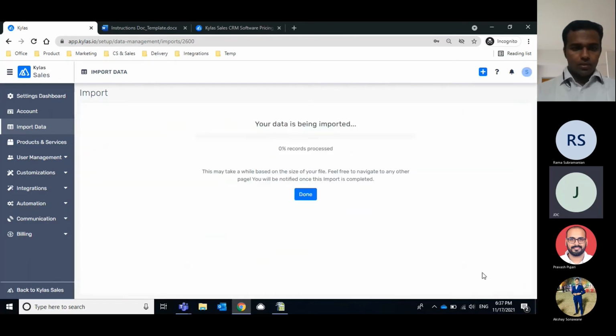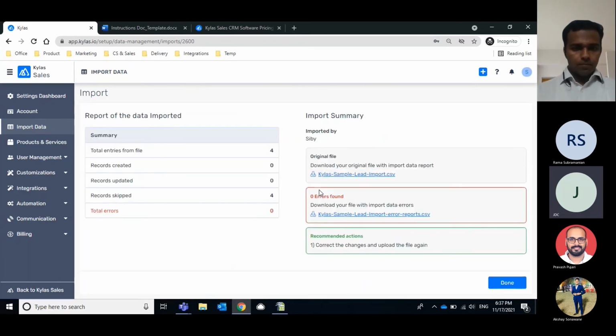Then how many uniqueness conditions can I set? Because here you have set for email ID. If I want to have multiple uniqueness conditions, then is that possible? No, right now it's available only for email and phone number. So I can set two conditions simultaneously, if I'm not wrong. Right now you can set two conditions. It's either for email, phone number, or both.